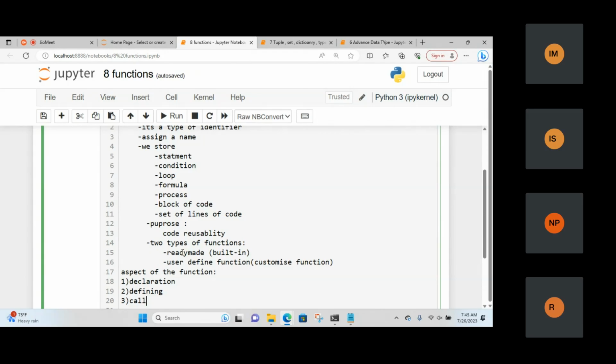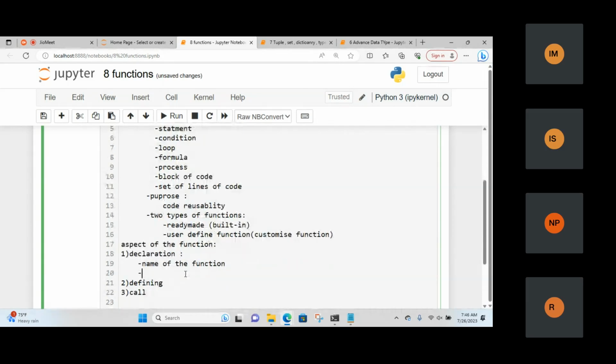Yes, we do have a declaration part in Python. Here we just mention the function name and how many arguments are going to be passed. What is going to be the name of the function? The same naming rule of the identifier we learned in the first class applies: the name should not start with any special character except underscore, should not start with a number, and should not be a keyword. It should start with either an underscore or an alphabetic character. So, the name of the function and how many